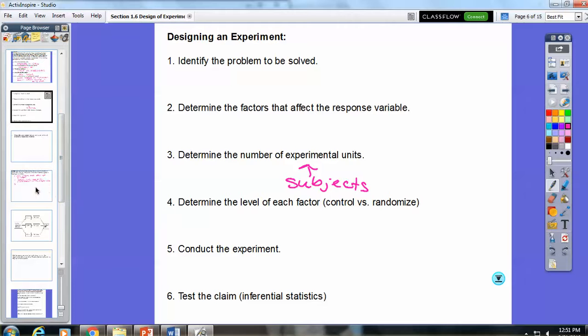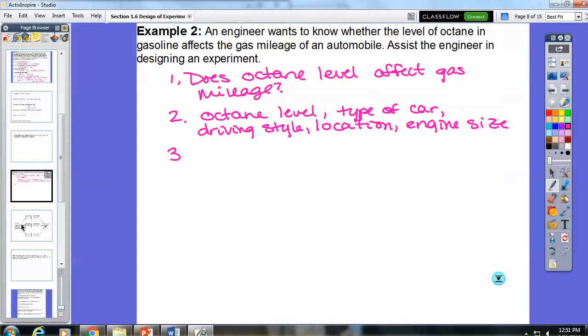Okay, step 3. Determine the number of experimental units. I don't know what's going to be a good size. Well, the diagram down here says 12 cars, so I picked a diagram, kind of. Suppose we choose 12 cars